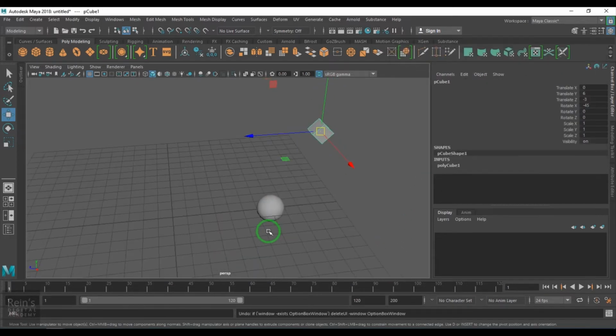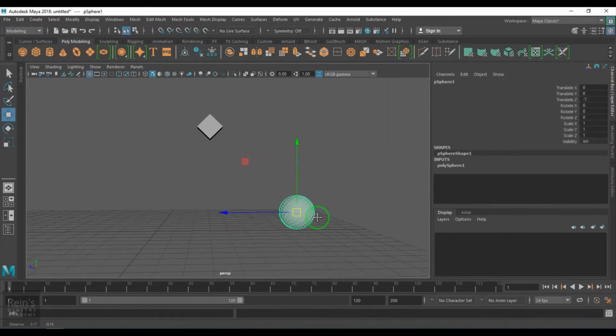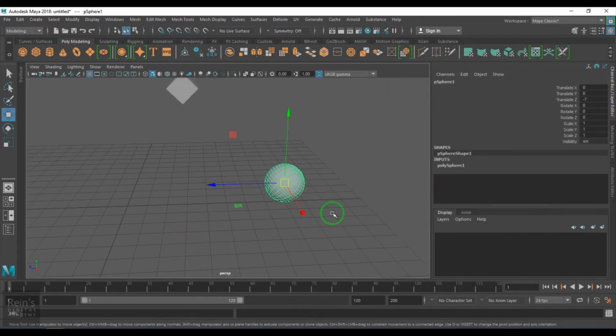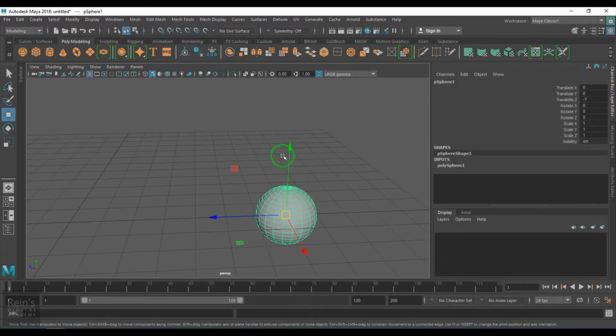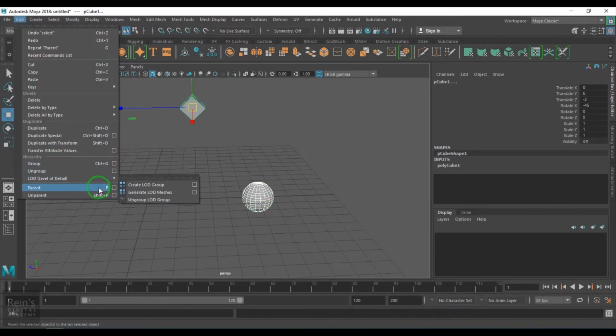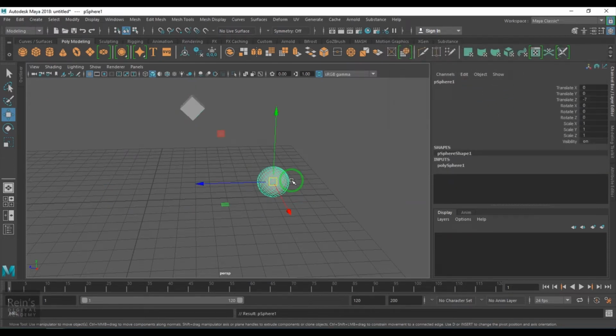Now you see, the sphere, earlier its pole was facing up, and it is somewhere here. But when I do the parent and child relation with the preserve position off, its position has been altered. Now where did it go is the point. Is there any specific point it is reaching, or any specific orientation it is reaching?